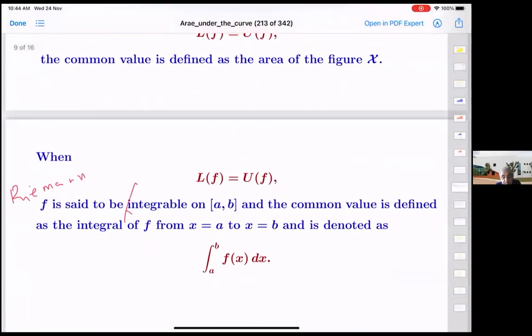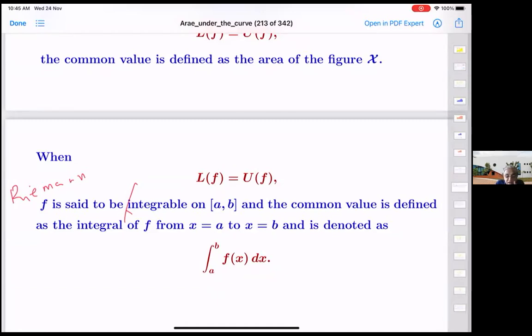This approach is due to Riemann, and this is what is called f is said to be Riemann integrable, and this can be called the Riemann integral. It's natural that if we are assigning a name to the integral and integrability, it should occur to some of you, at least, if not to all of you, that there must be more to the story than just this.